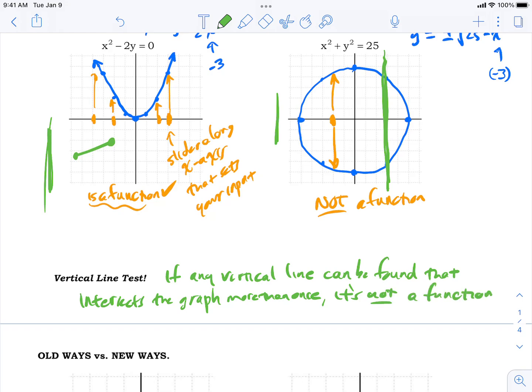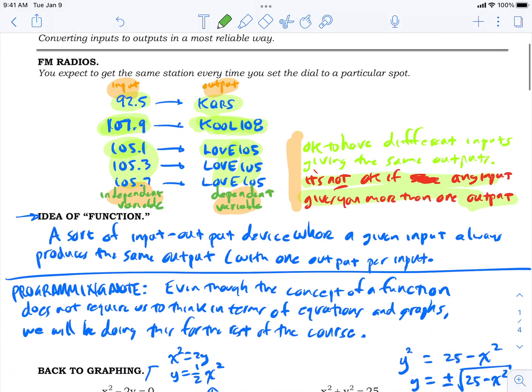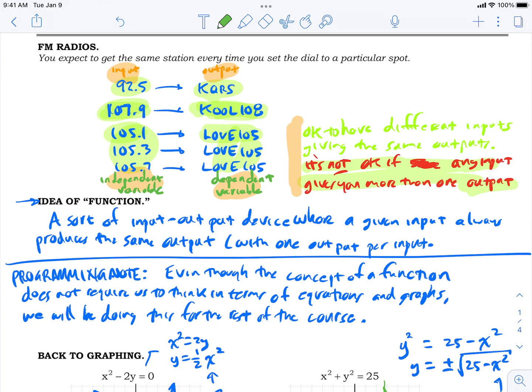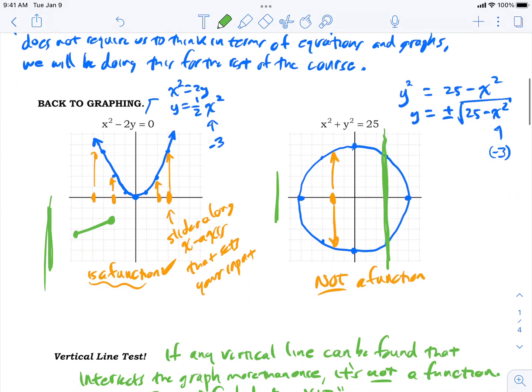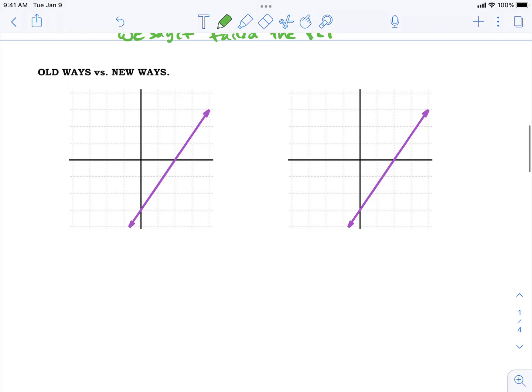The graph does not depict a function. We say it failed the vertical line test. I usually write VLT for vertical line test. It failed the vertical line test, okay? So page 1 is basically just getting the basic idea across. What's a function? Well, it's got this special property where you set the input dial somewhere and you're going to get a known, reliable one value of output, and it's the same every day, and you never get more than one output. You can tell a graph shows a function if it passes the vertical line test. Okay, now that we got this idea of a function,